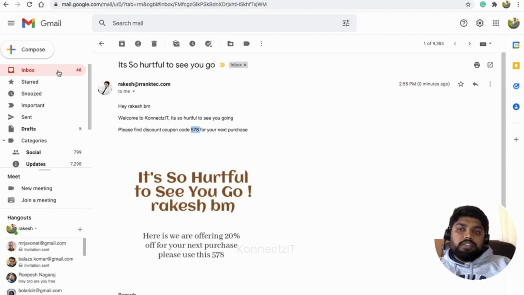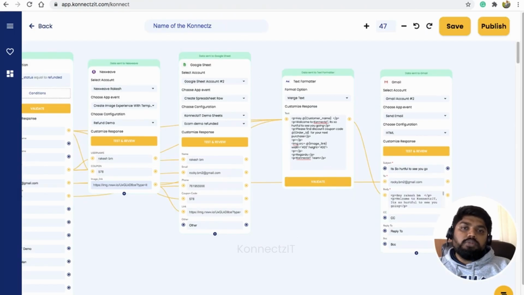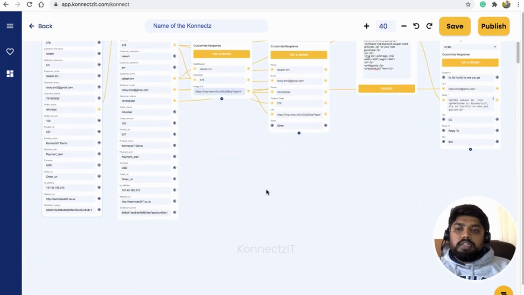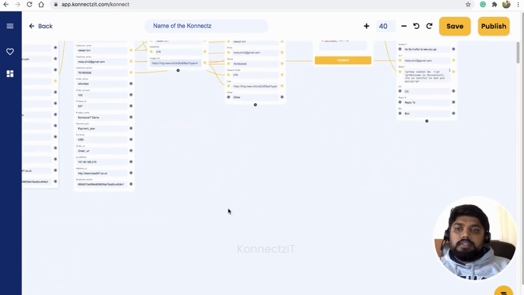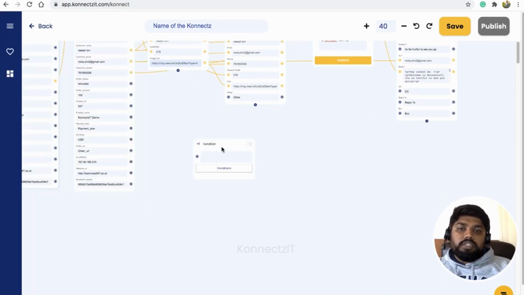Now let's do the same thing for a purchase. I'll be repeating the same steps. So I'll select the condition app again. This is for the condition when an actual purchase happens. I'll be taking the same order status.